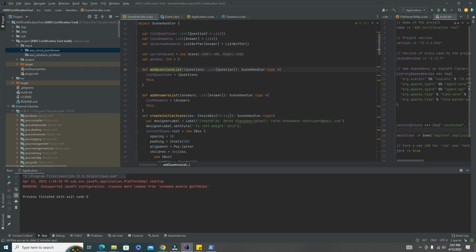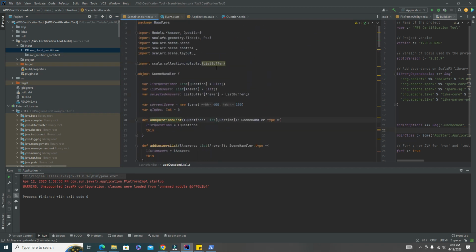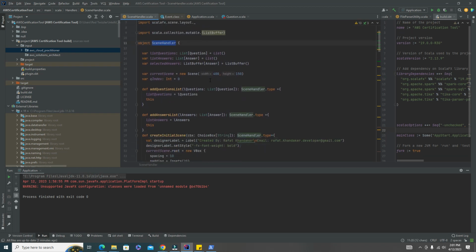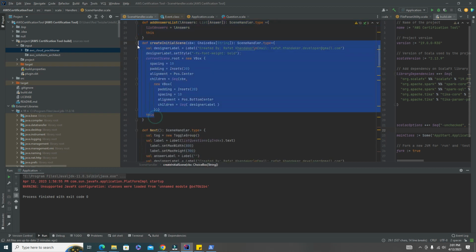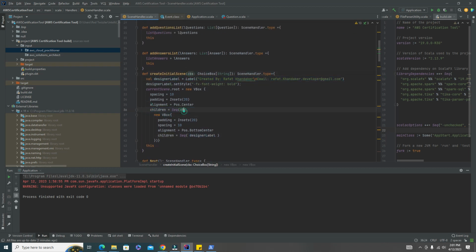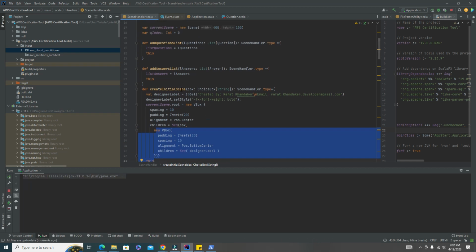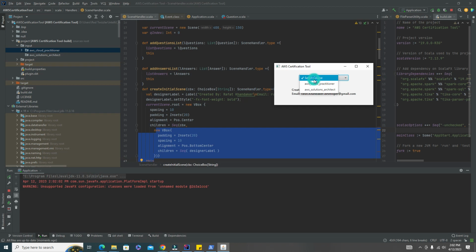Okay, so the scene handler here. This is a structure that I used to develop, and scene handler is an object here. I'm going to add a list of questions, a list of answers. I'm going to initialize the first scene. The first scene is going to be passing in the choice box, and the choice box here is going to insert just the initial view, which has the designer label and the choice box. So part of the children in here of the VBox is going to have the choice box and the designer label. That is exactly what you're going to see in the first loading, in the first initial scene of the FX project. So right here, this is the choice box and this is the